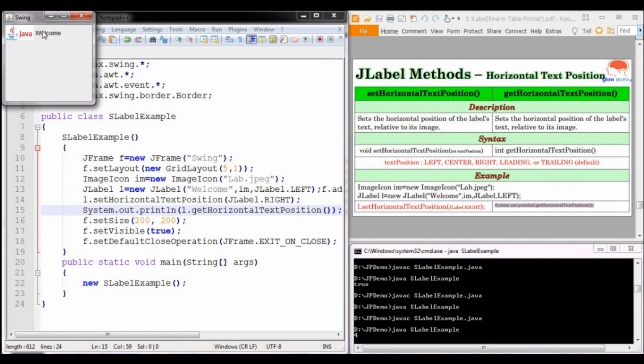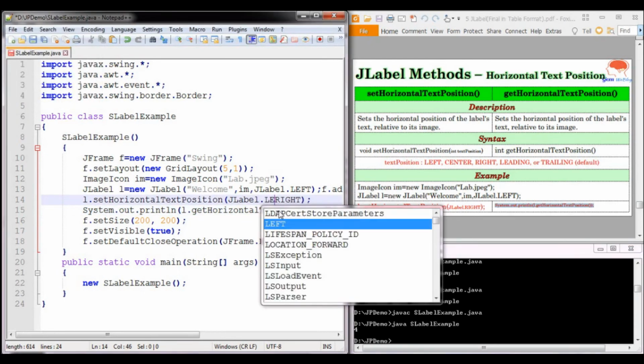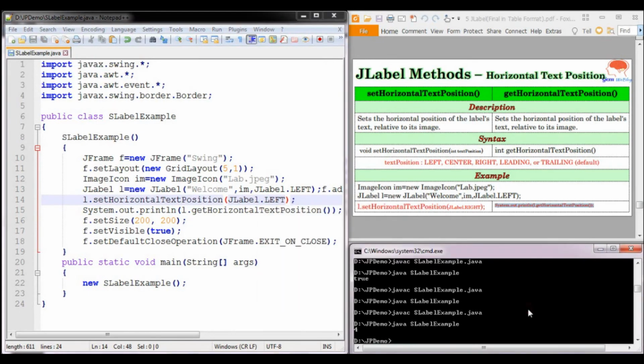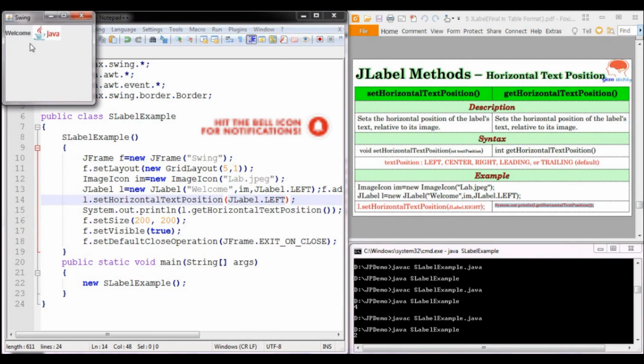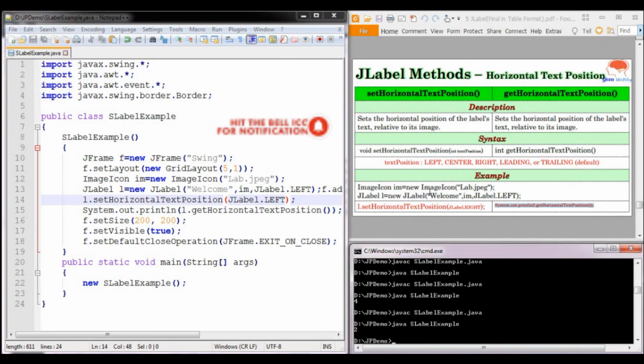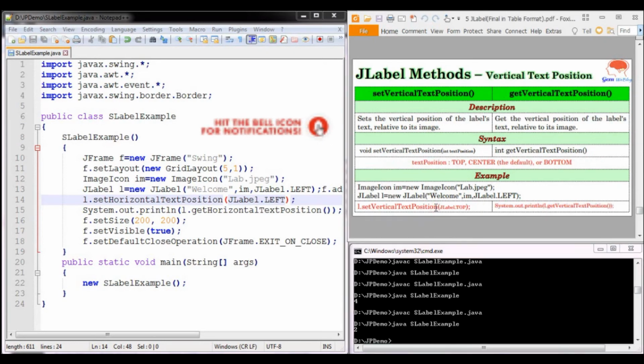Now you can see the text appears on the right side of the images. Now if you set it to left, the text will appear on the left side of the images. Now you can see the text appears on the left side of the image, and whatever has been set, it will extract it and display it on the console.